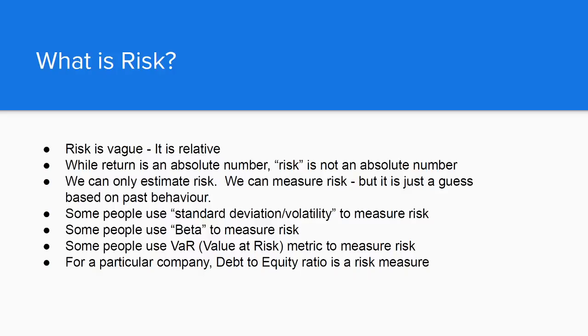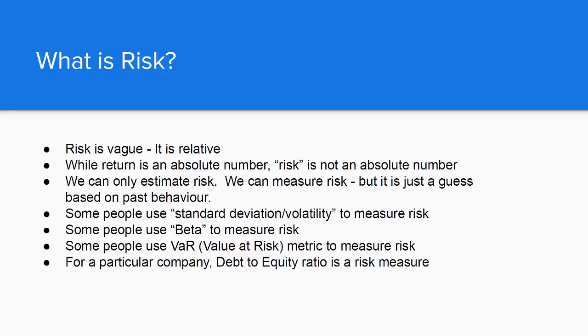Now that you have understood what returns are and what the different kinds of returns are, let us talk about risk. So, risk is a very vague concept, right? The thing with risk is that there is no one number for risk. It's because it can be measured in a variety of ways. That's not the case with return, right? A return is absolute. You go and ask anyone, what's the 1 year return of this stock? Everyone is going to give you the same answer.